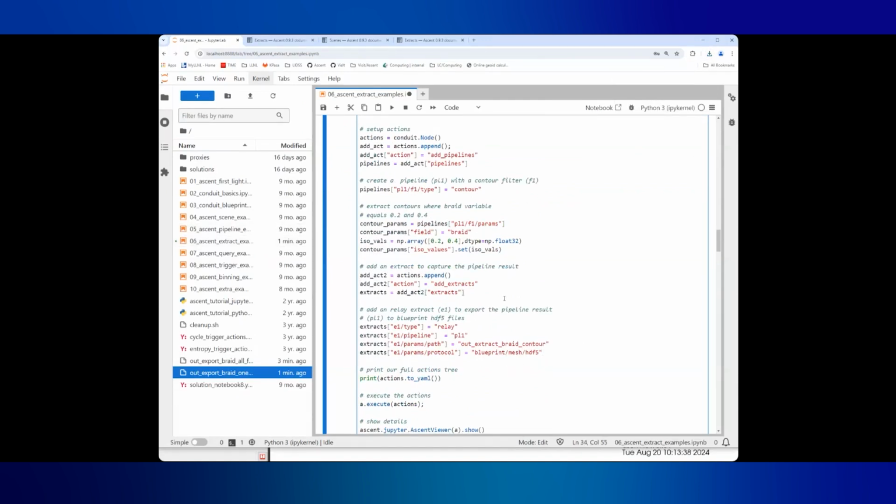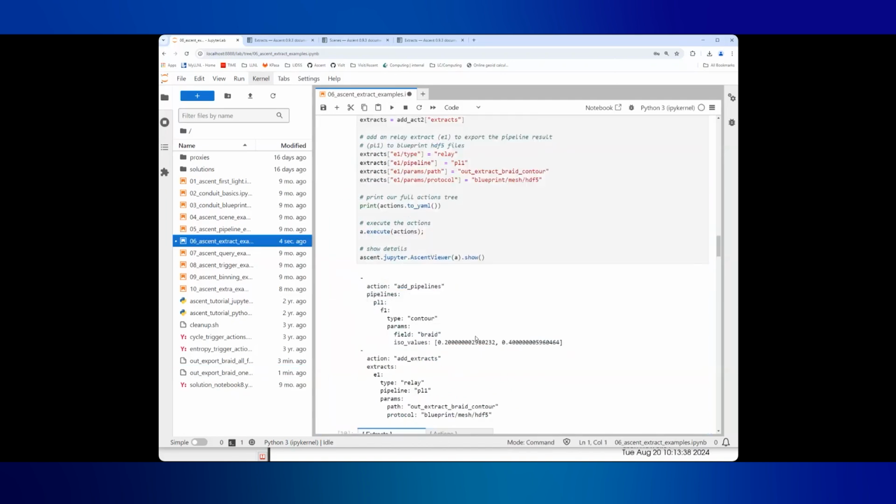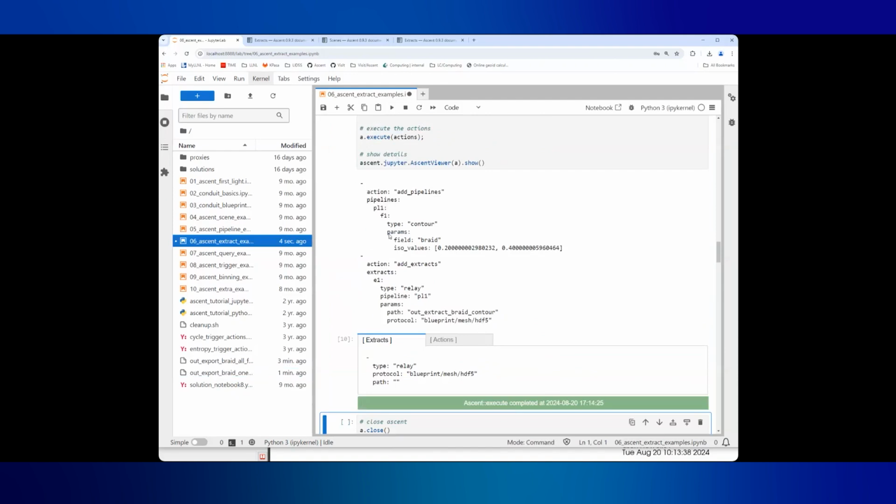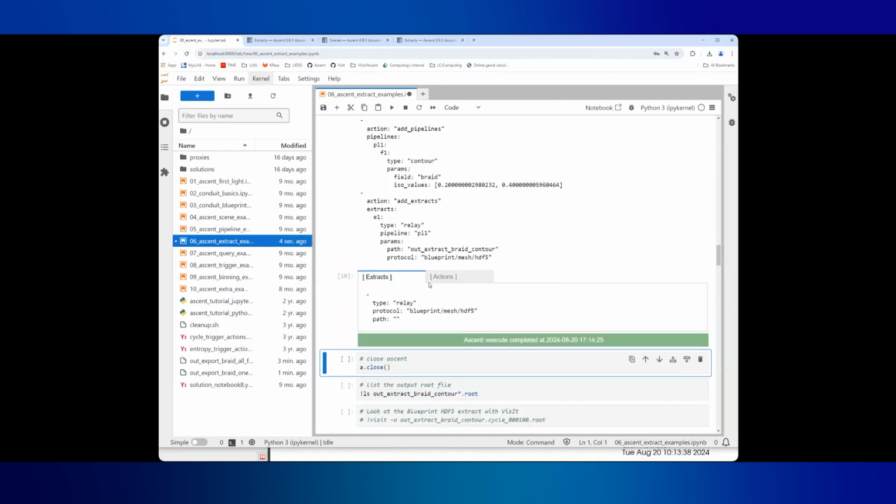And then we're going to be using the same extract that was in the previous example, but now we're going to be adding this pipeline 1 to the pipelines. And so when you run this, you can see you've got your pipeline here, you've got the pipeline linked,